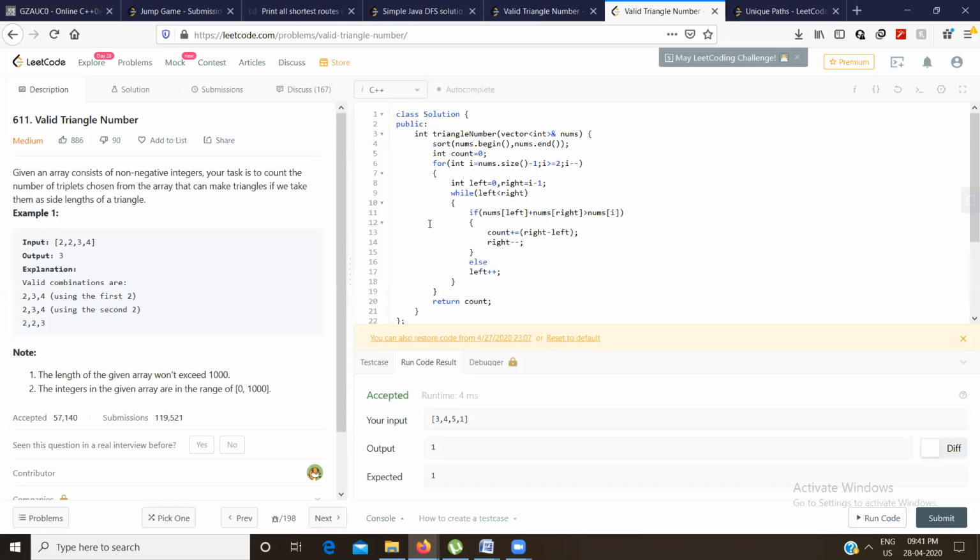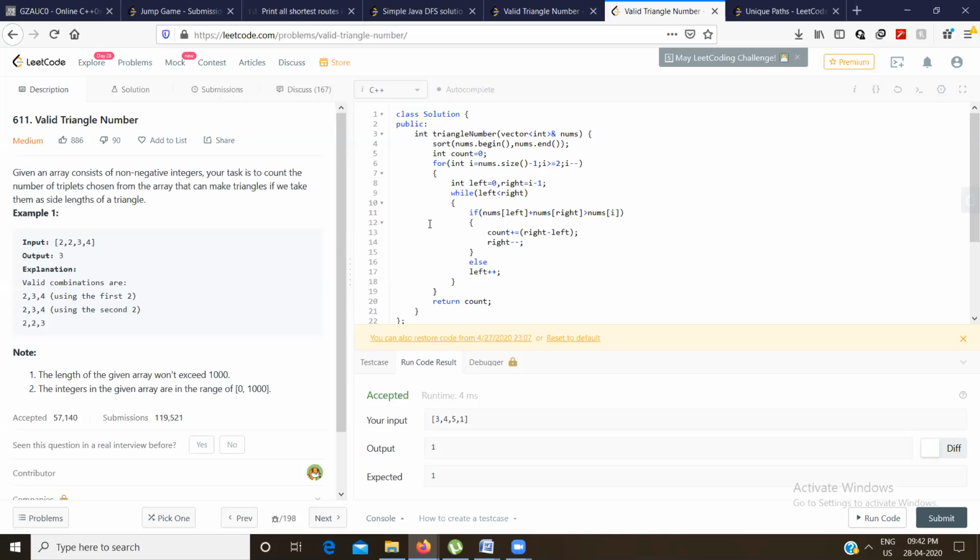So what I'm saying is, if left plus right is less than i, and if this condition is not satisfied, only the left is increasing, correct? Yeah. So it means the position of the right is always fixed until this condition is hit, because you are not changing the right. So let's say there is no answer in that particular array. It typically means that from the 0th index to the n-1 index, you will keep on incrementing it.